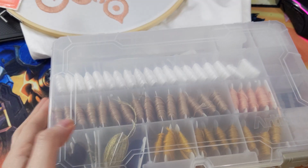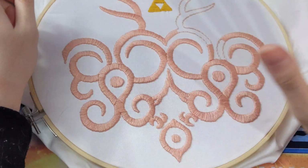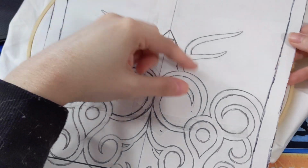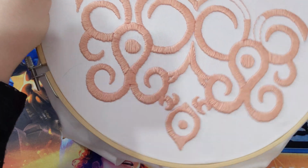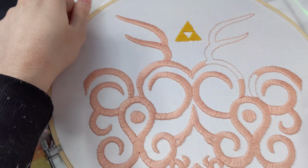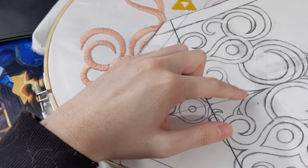So once you've obviously selected the threads for your project, you're gonna need to get your design onto your fabric. Now the way I did it for this piece, I actually sketched out my design directly onto the pattern for my glove here. And then, because this is a white cotton, I was able to lay this over top of the design and just trace it essentially right onto the white cotton sateen, because I was able to see the darker pencil markings